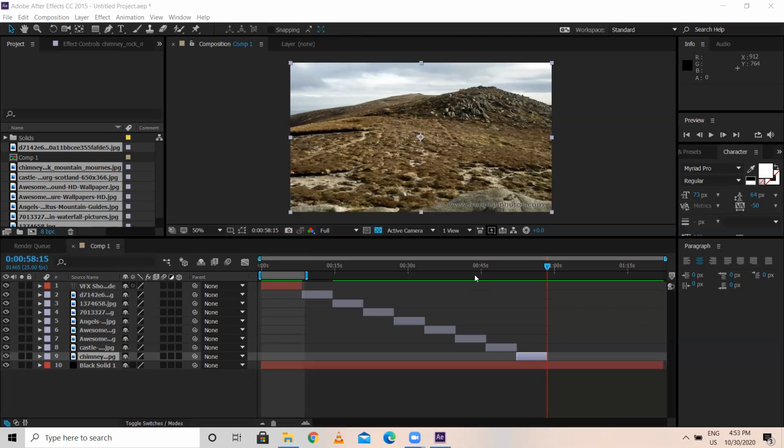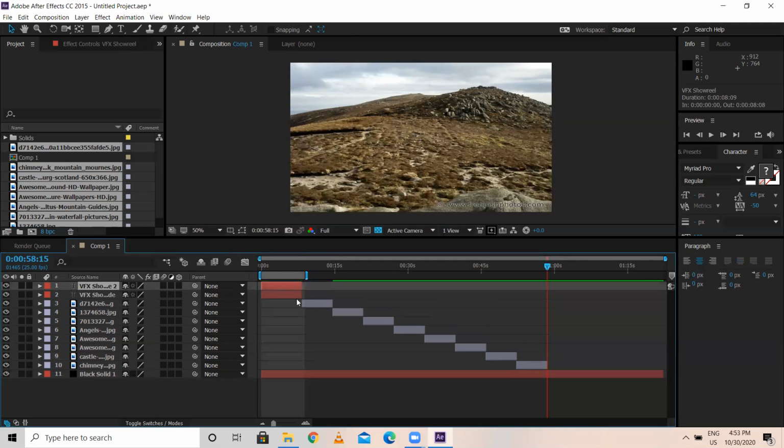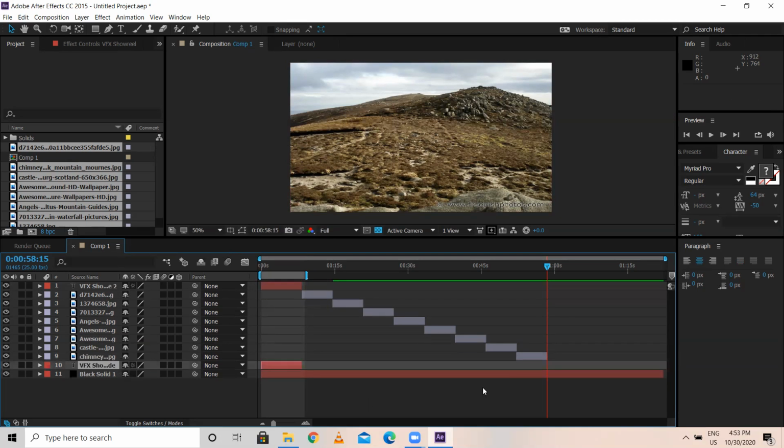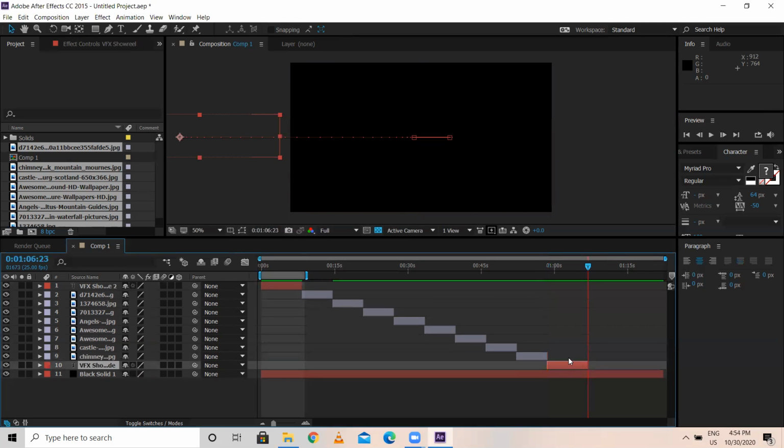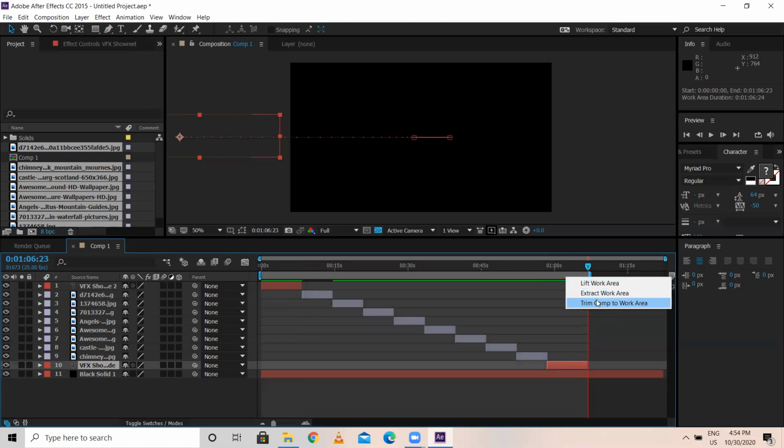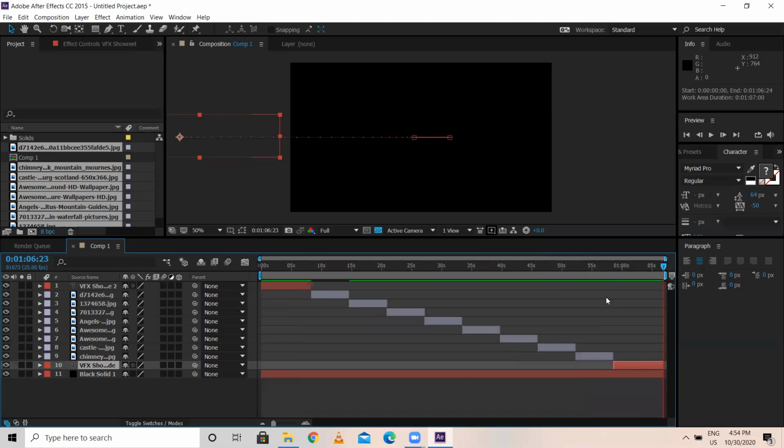Okay. So at the end, I want one more text layer. I'll duplicate this, and this one I drag and drop at the bottom, and I want this to come over here. Open bracket, it comes at the end. Then I press O and N for this, work area to come at the end part, N. After this, right click, trim comp to work area. Okay, got it.